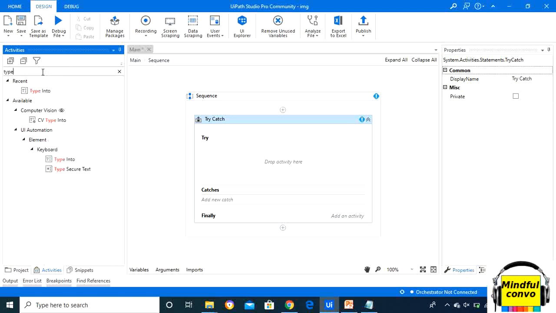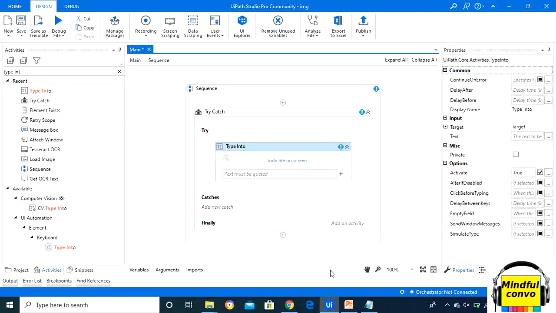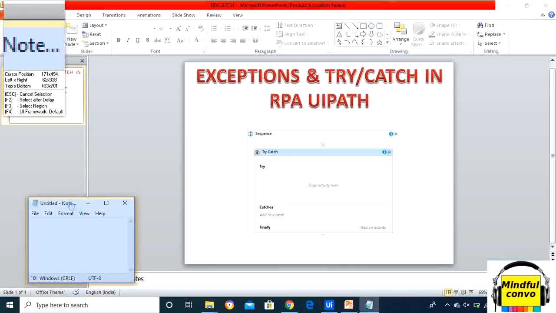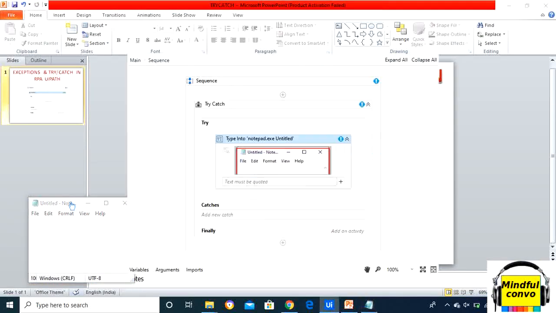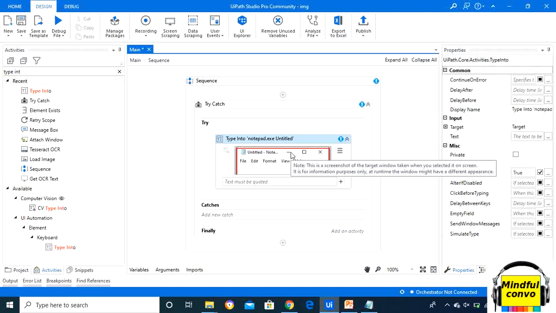So we can take Type Into, and in the Type Into we will indicate the screen of the notepad. As we have indicated the screen of Notepad, we will write the text "Mindful Convo" in quotes.